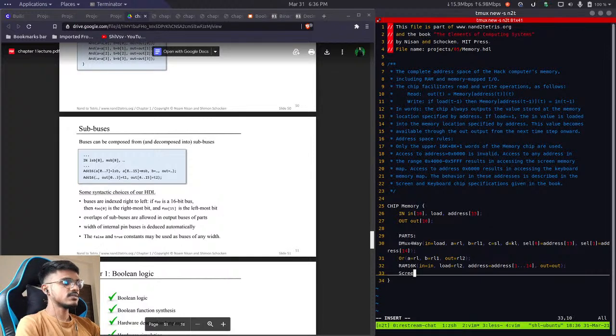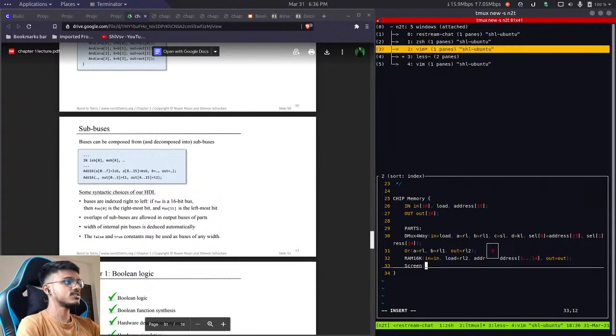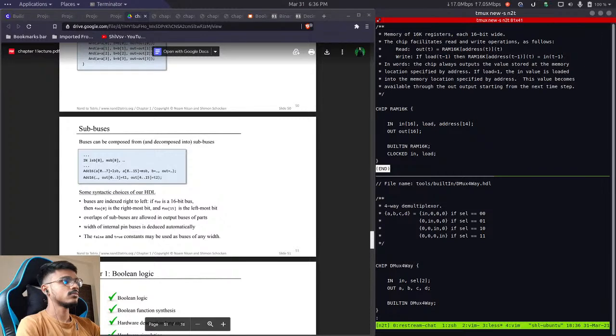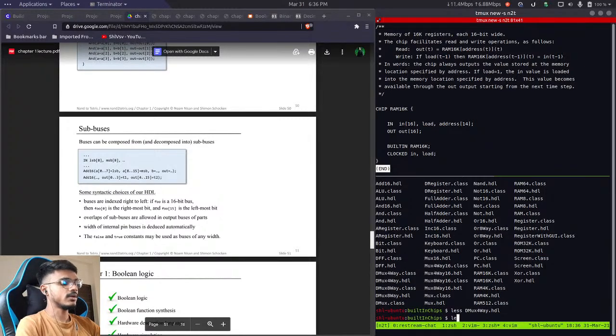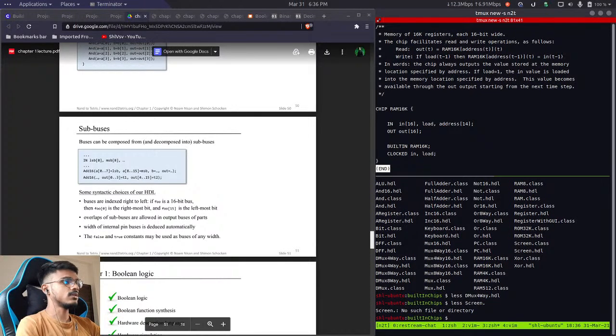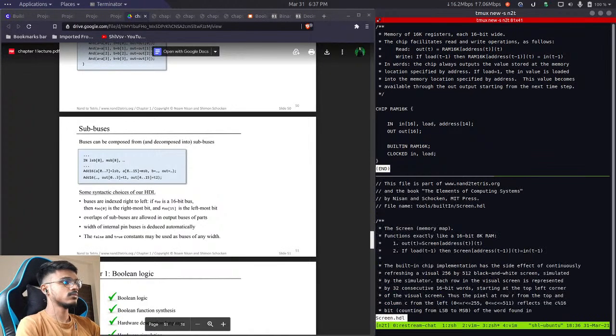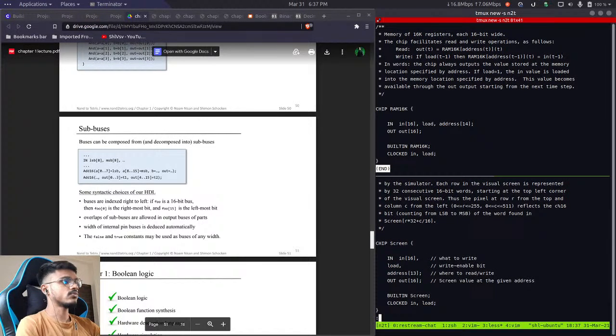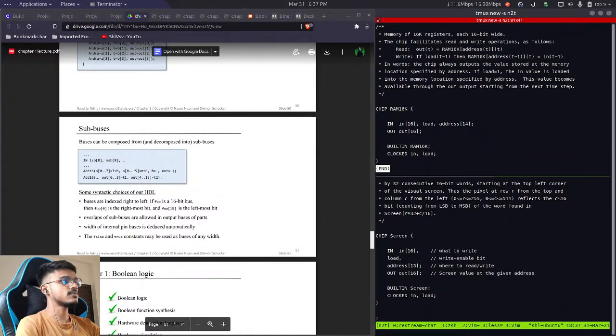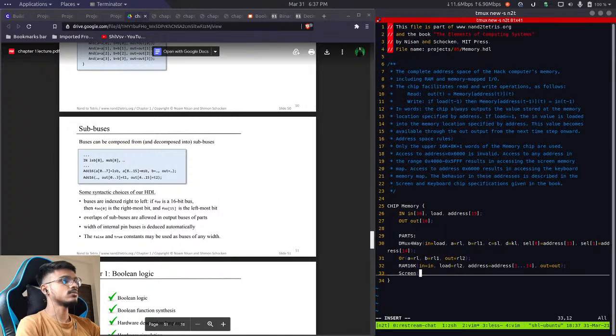We need to get the screen chip, and the screen chip will have, let me open it up. Yes, screen, oops. The screen chip will have an input of 16 bits, one load bit, an address of 13 bits and an output. So in this case as well, we'll provide the input directly. Now this load bit will be SL, and for the addresses,